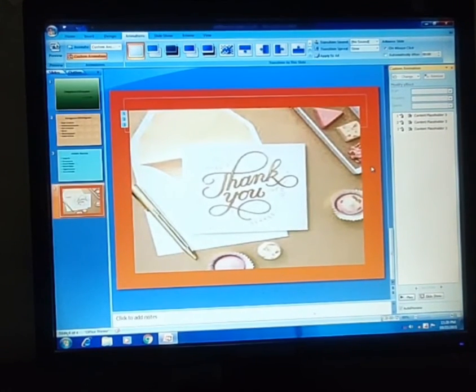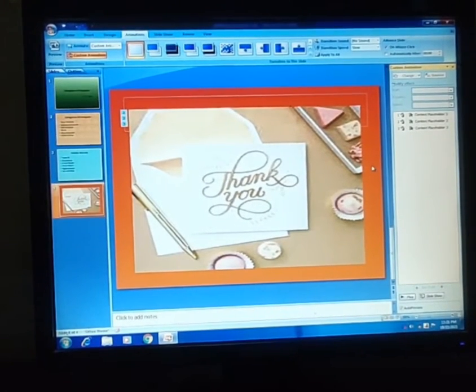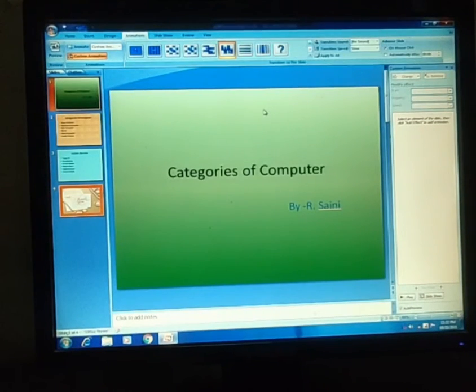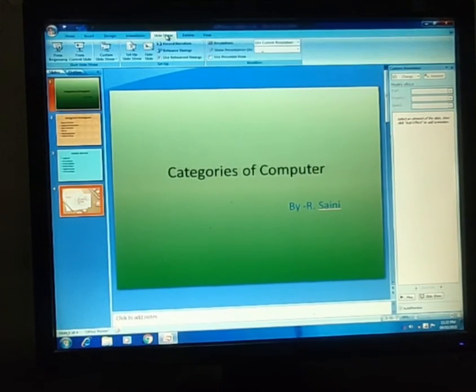For checking whether the animation effects are applied or not, let's view it in slideshow view. Now I'm going to show you transition effects and animation effects both on the presentation slides. For that, let's click on slideshow, and from beginning,